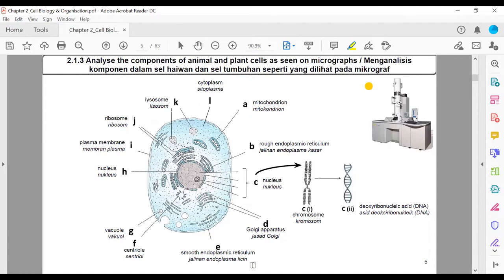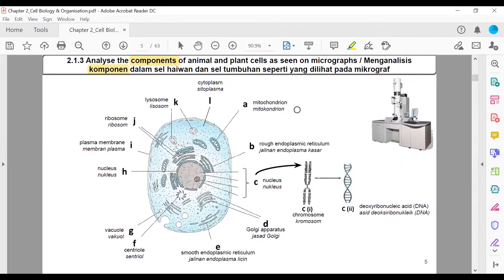Analyze the components of animal cell and plant cell as seen on micrograph. So, menganalisis components, komponen dalam sel haiwan dan sel tumbuhan seperti yang dilihat pada micrograph. Okay, now what we are going to do? Sekarang apa yang kita nak buat ialah kita nak tengok